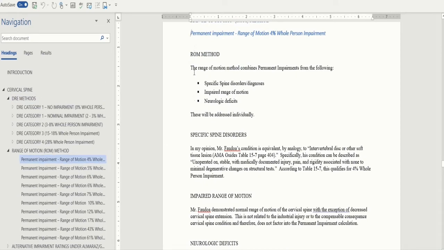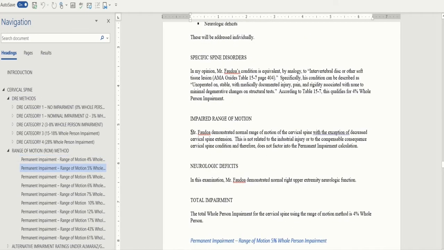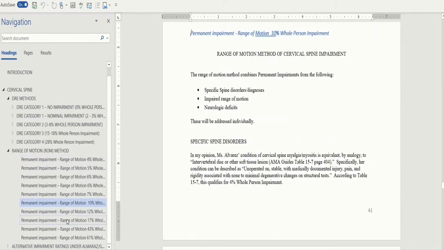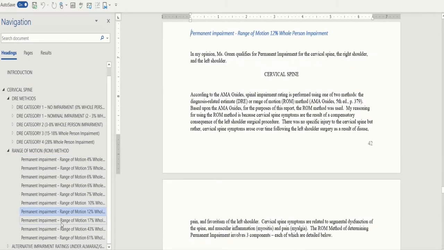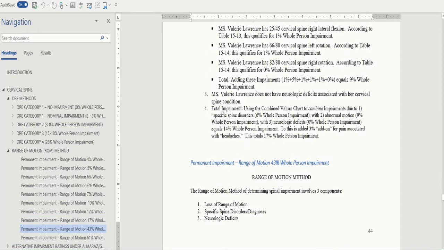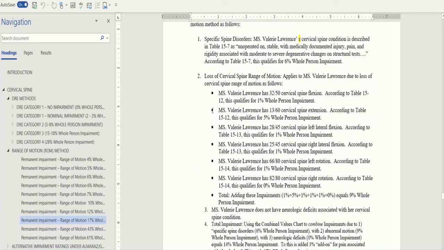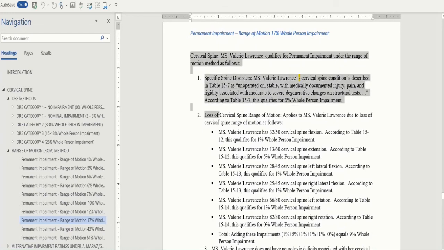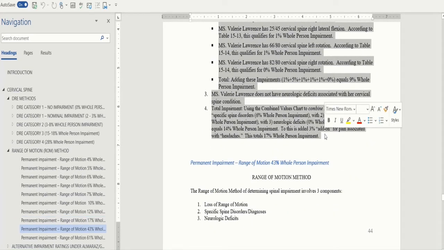and here we go through each of the 3 components of the range of motion method: the specific spine disorders, the abnormal motion, neurologic deficits, total whole person impairment, and you simply scroll through the examples to determine which argument most closely resembles your examinee's particular situation, and then you simply copy this argument to your clipboard,